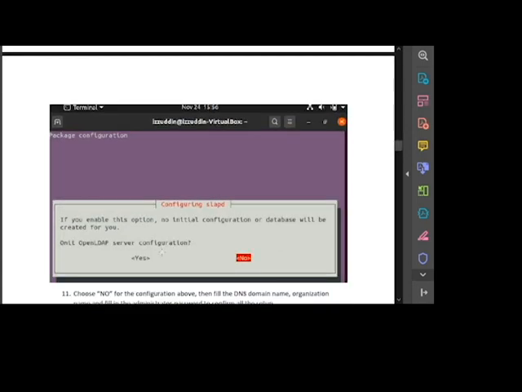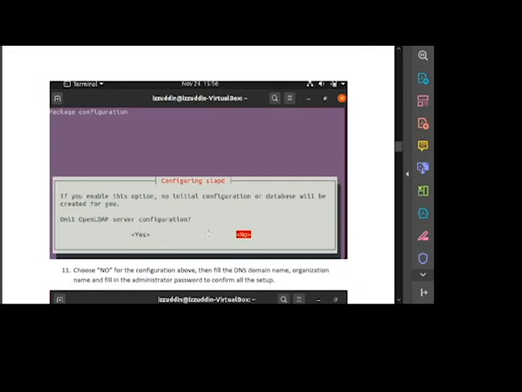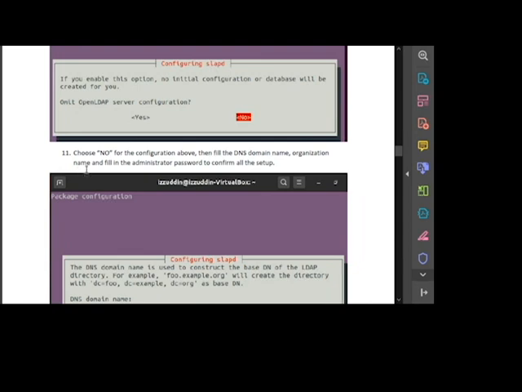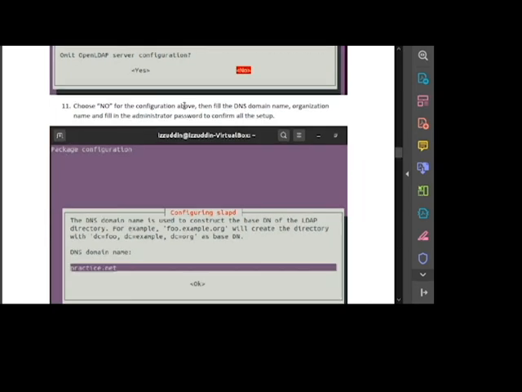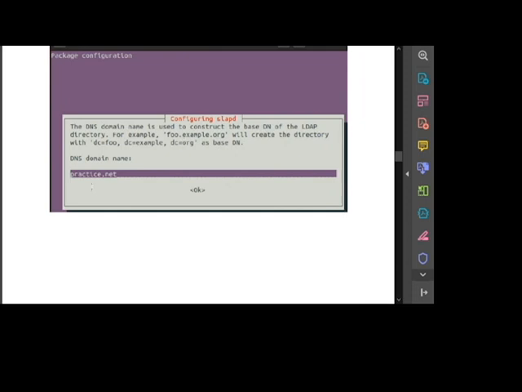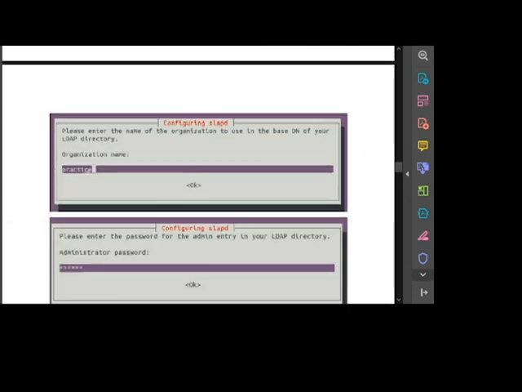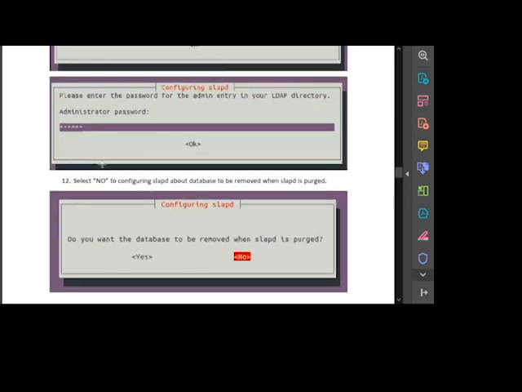configuration. With this pop-up window, we choose no, and next choose no for the configuration above, and then fill in the DNS domain name, organization name, and the administrator password to confirm all the setup. I choose practice.net as the DNS domain name, organization name as practice, and our administrator password, and